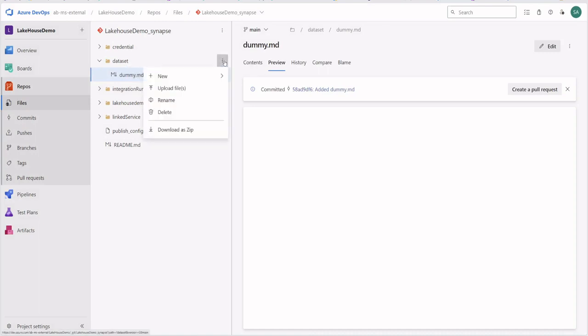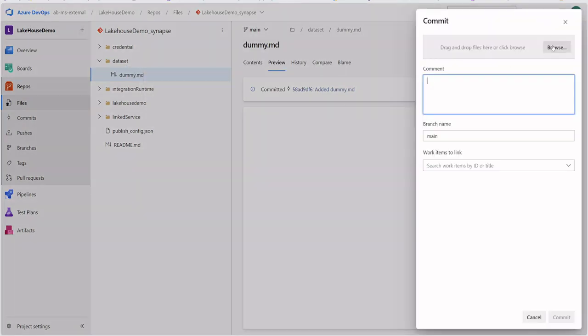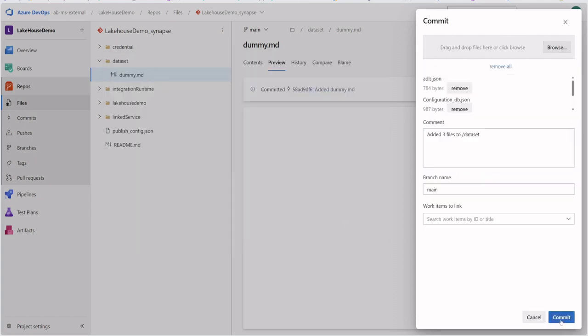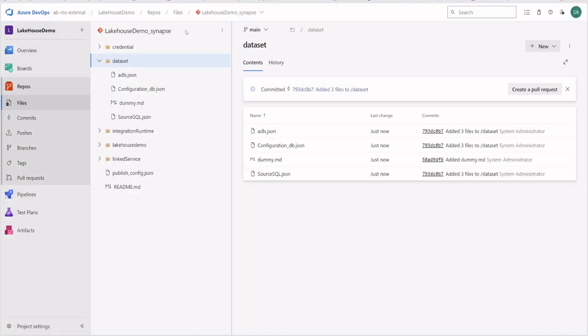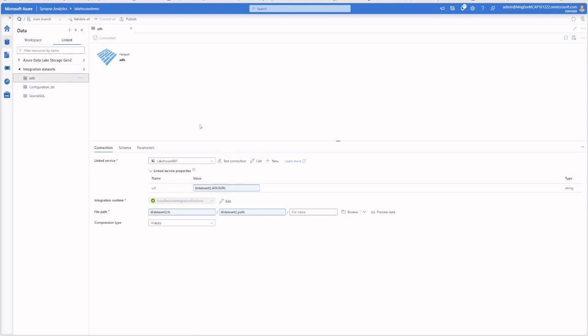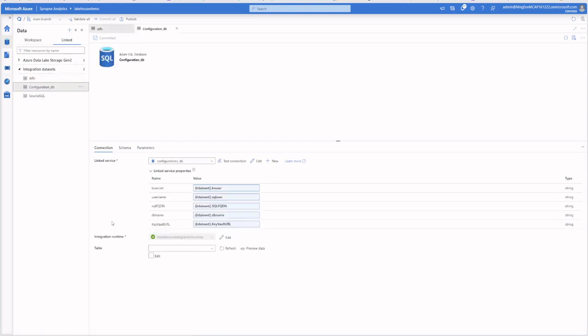Right. Now let's go ahead and upload the dataset files. We're going to hit browse. We're going to go up one level. We're going to go to the dataset folder, grab those three, hit open, hit commit, and go back here. We have no datasets. We refresh. Look at that. We have our datasets. Well parameterized, all is good. And you can see here, everything is parameterized, key vault, URLs, everything. So this should work no problem. Hit publish,